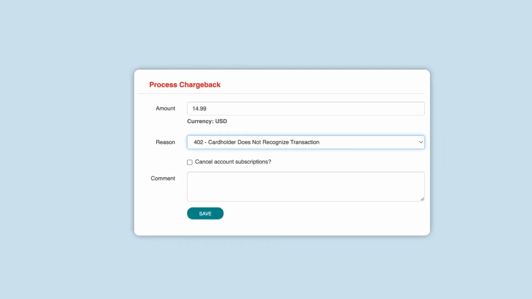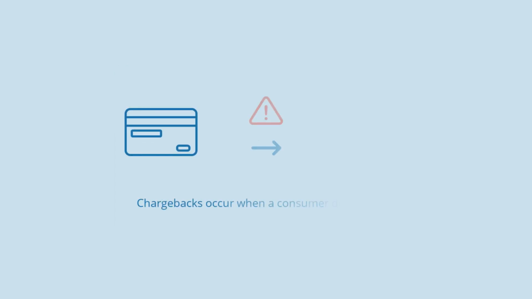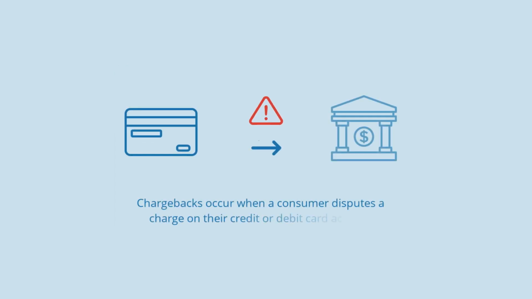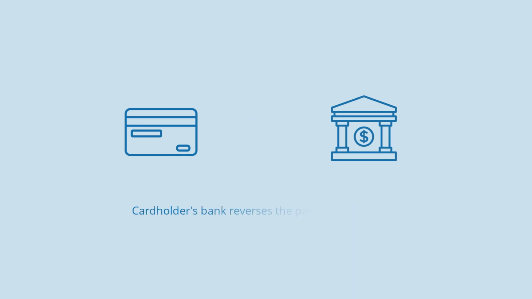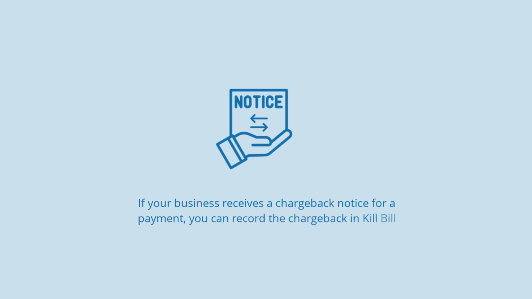In this tutorial, you'll learn how to perform a chargeback. The ability to perform a chargeback depends on your user roles and permissions. Chargebacks occur when a consumer disputes a charge on their credit or debit card account, and the cardholder's bank reverses the payment transaction. If your business receives a chargeback notice for a payment, you can record that chargeback in Kill